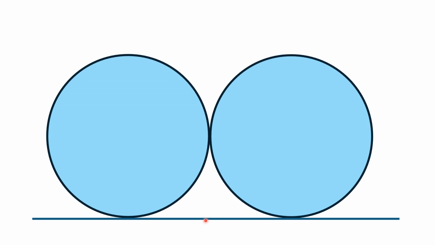Hello everyone, in this problem we are given a line segment on which two circles are placed. These two circles are identical and are placed in such a way that both the circles are tangent to the line segment and also tangent to each other. If the radii of these two circles is 8 units, now we have another circle, a smaller circle, which is stuck